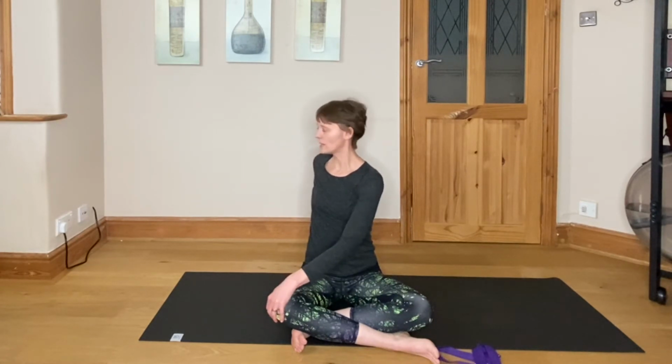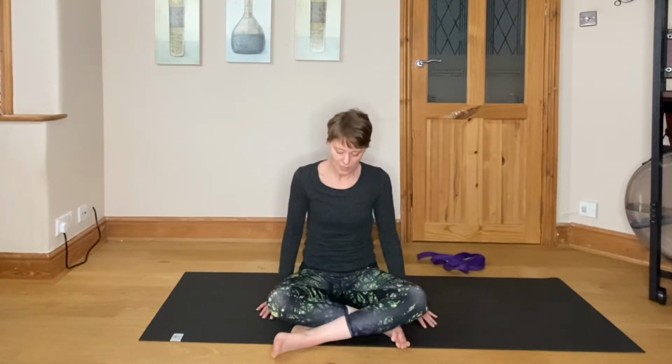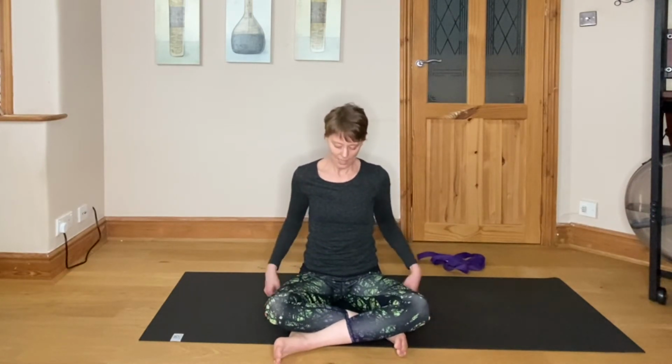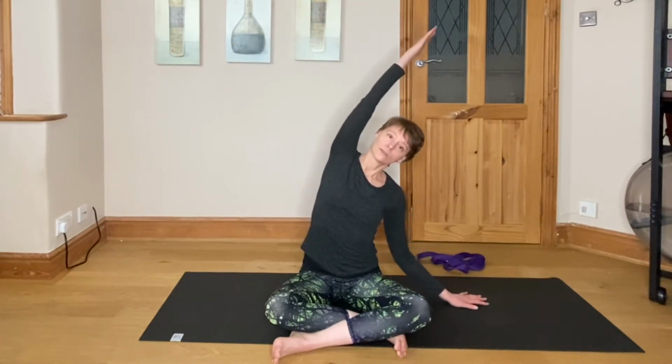And then coming back to the front. So switch the cross of the legs. So now we've got the left shin in front of the right, the feet are more or less underneath the knees. So you can always sit on a cushion or a rolled up blanket if this is uncomfortable on the hips or the knees. So taking the hands out to the side, inhale the left arm up, and exhale, side